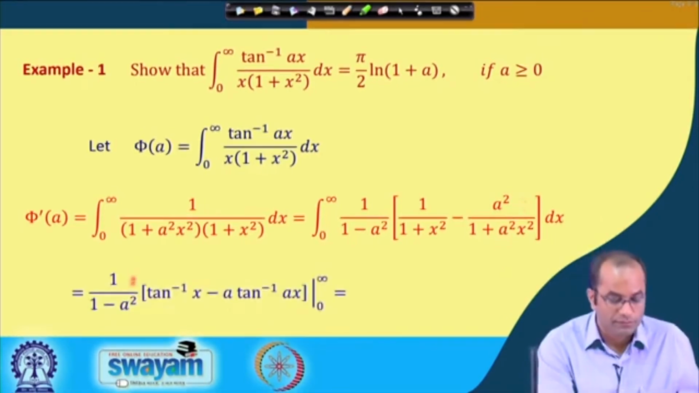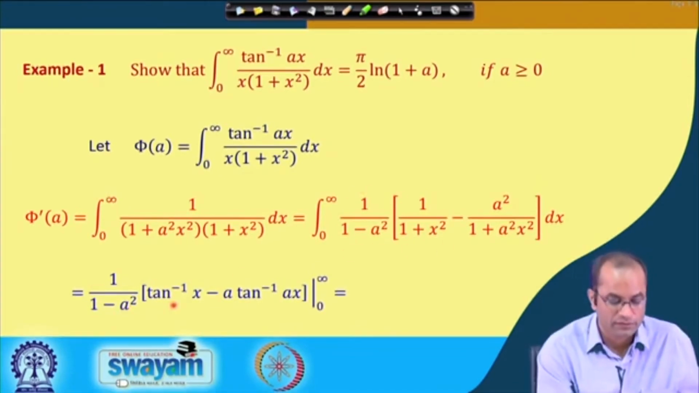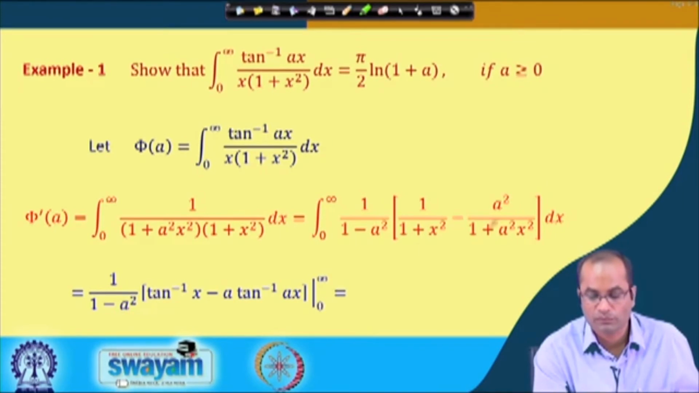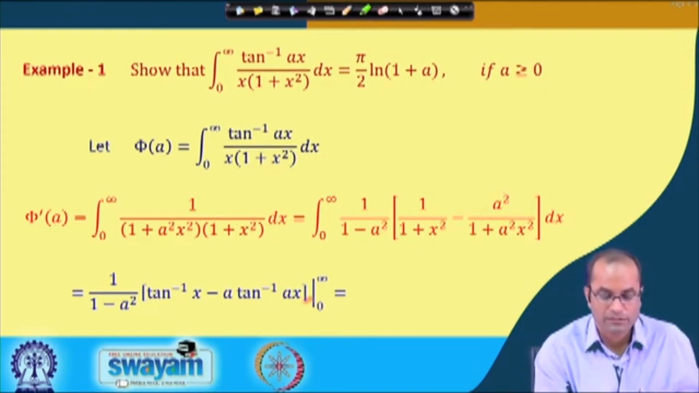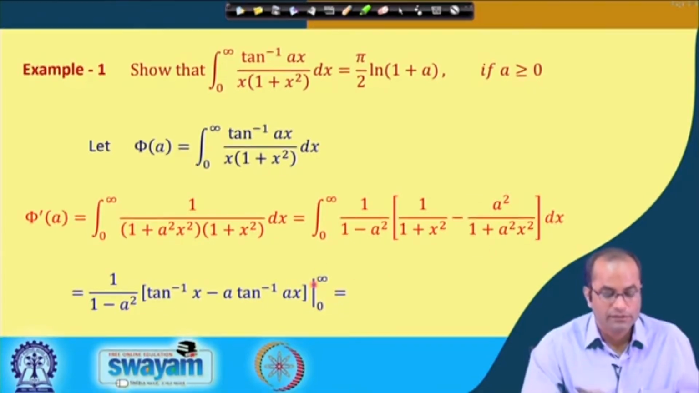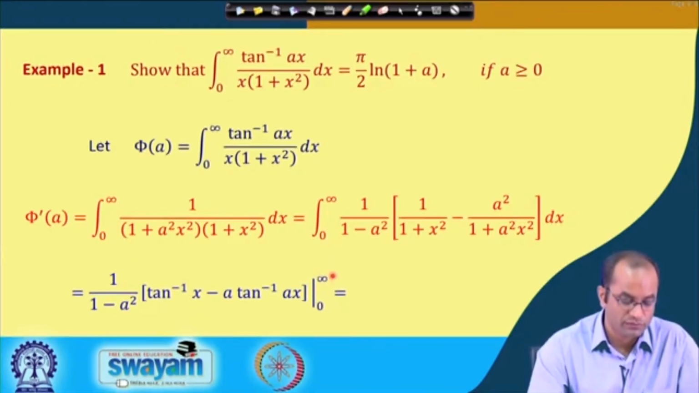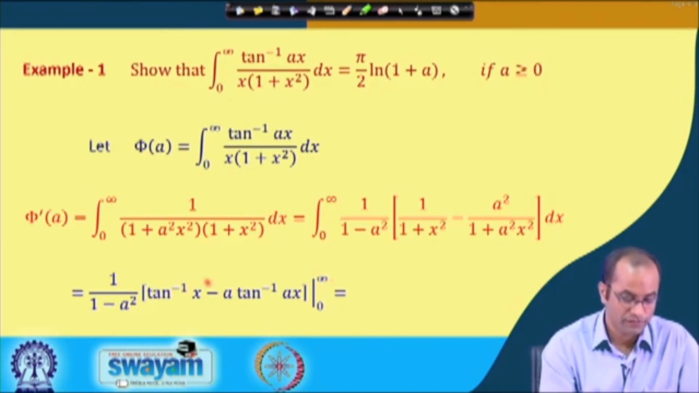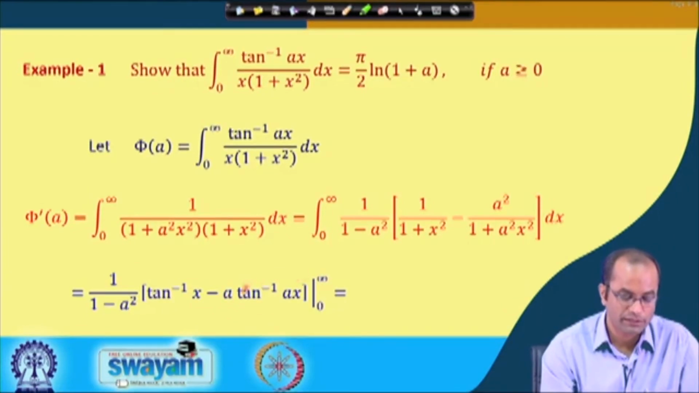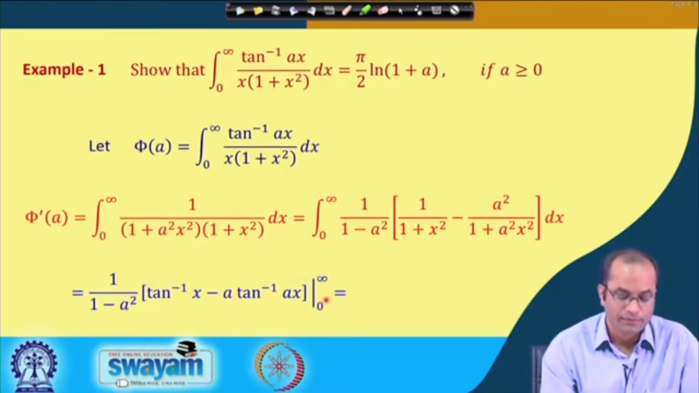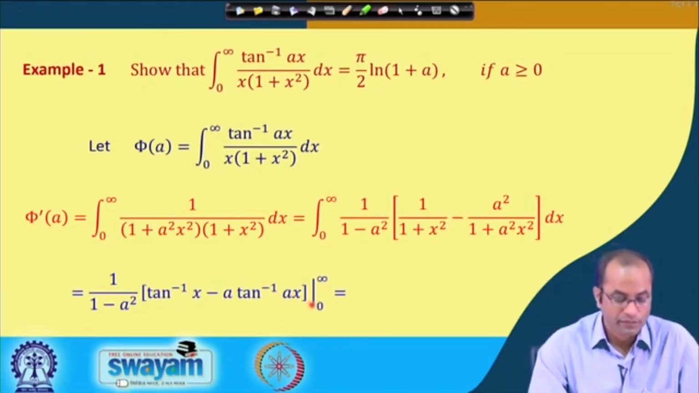So, this will be 1 over 1 minus a square. The first integral gives tan inverse x, and minus 1 over a, and this a square will give us a and tan inverse a x, with the limit 0 to infinity. So, when we put this infinity, tan inverse x, when x goes to infinity, this will be pi by 2, and minus here also it will be pi by 2. So, minus a pi by 2, and when we take the lower limit as x goes to 0,